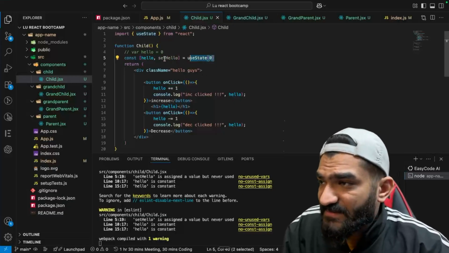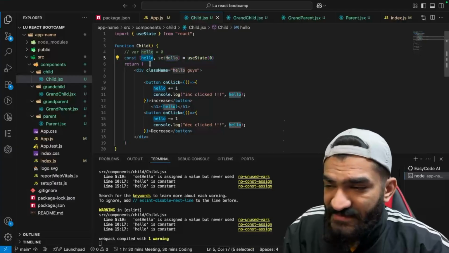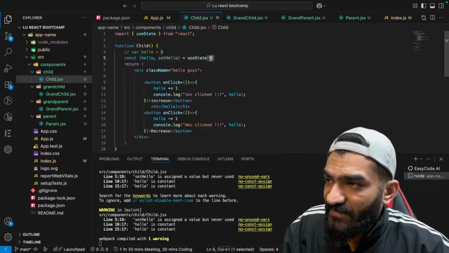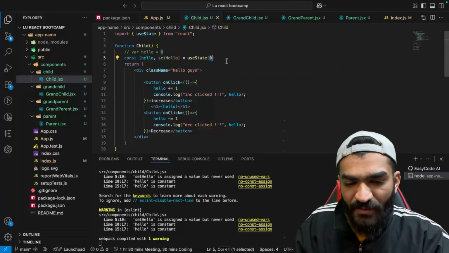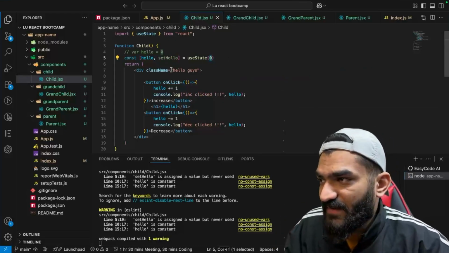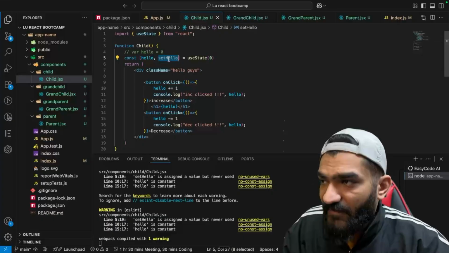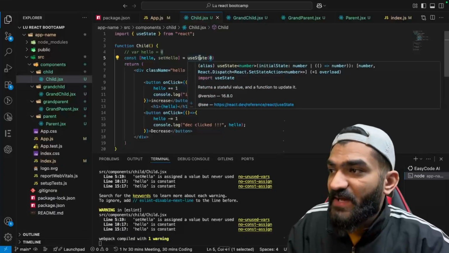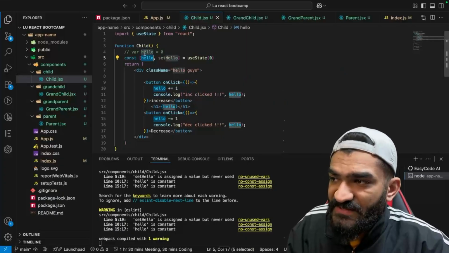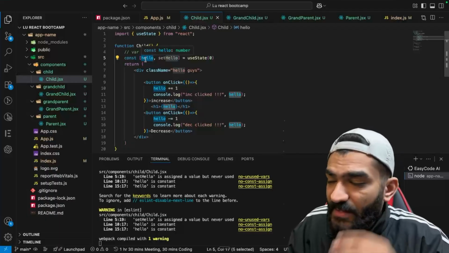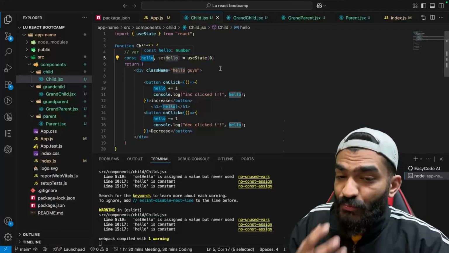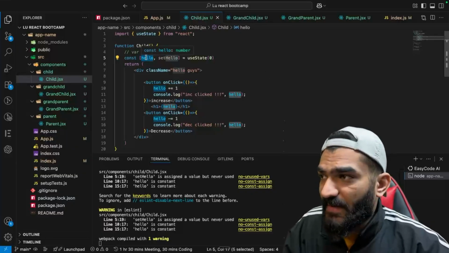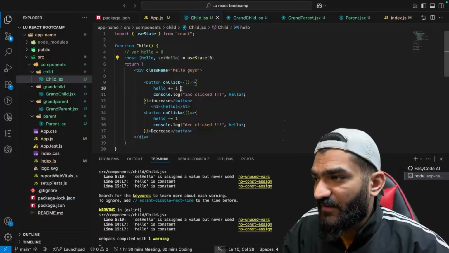This is a variable name, this is a function name, and this is an initial value. So the syntax of useState is something like this: we have a variable name, we have a function name, and then we have an initial value inside this useState. So what is this variable doing? This variable is used to read the value. Whatever the value is, I will consume it by using this variable. So if I remove this,